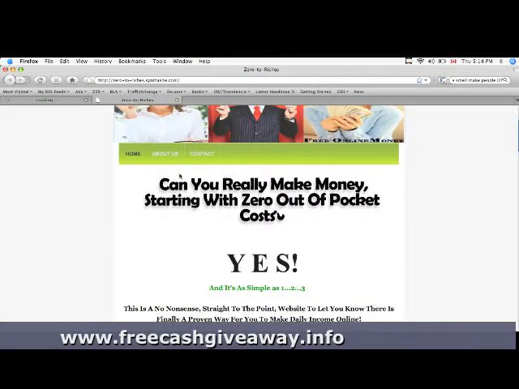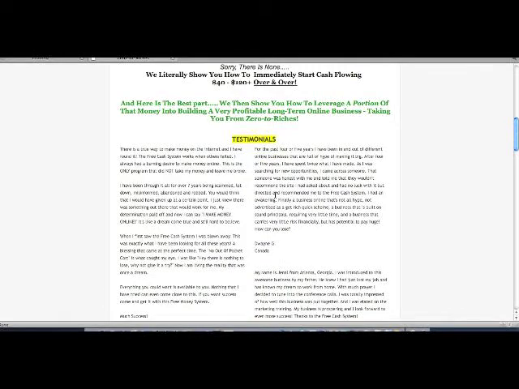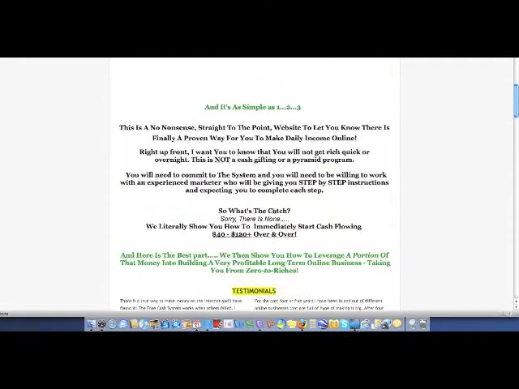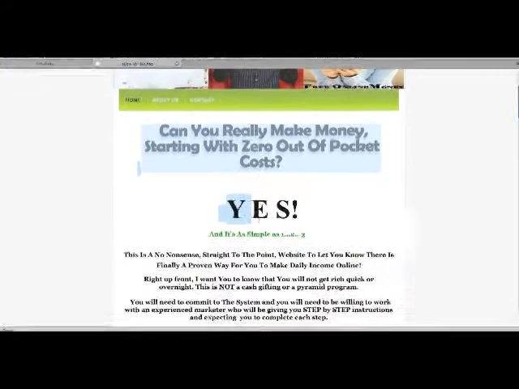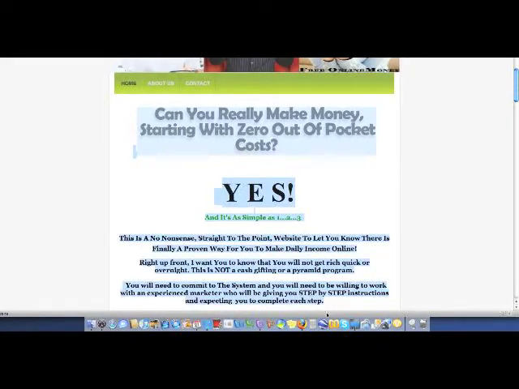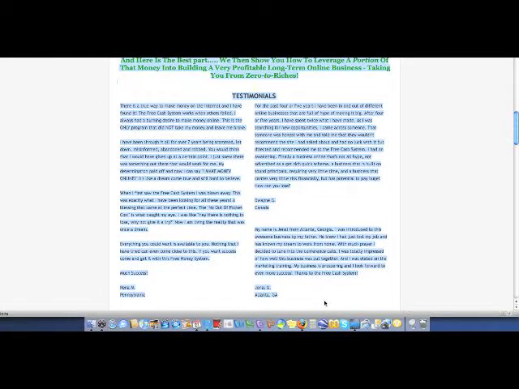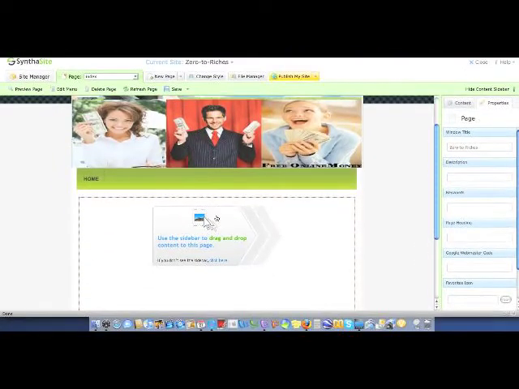So the first part that we will be copying and pasting is this headline here, all the way down to the bottom of the testimonials, excluding the videos. We'll do the videos later. Okay, so we'll go ahead and copy and paste that. Simply click on the corner right here and hold your mouse down and drag it diagonally and then downwards, all the way to the bottom of the testimonials. There it is. So you can copy that, jump back to the Synthasite editor,